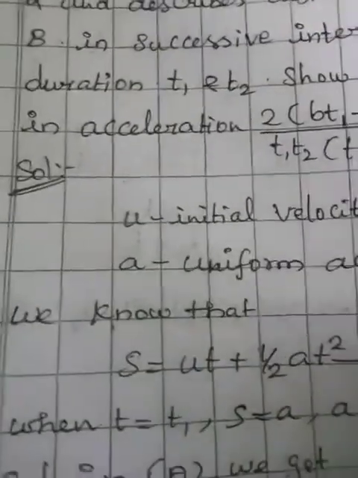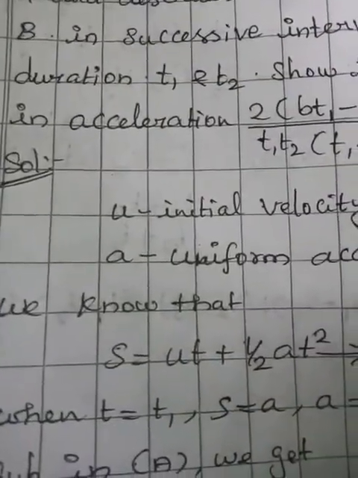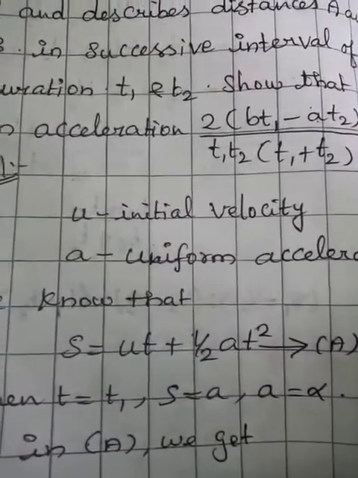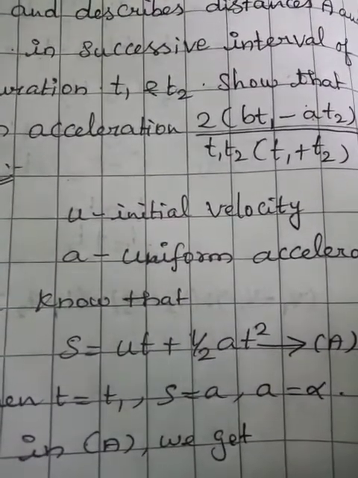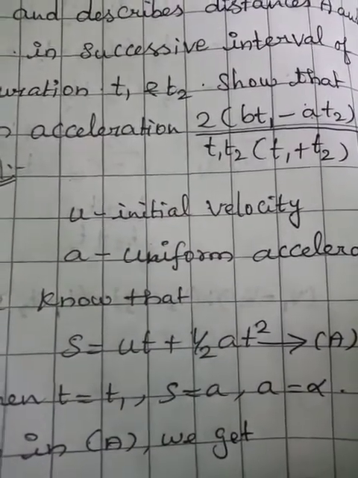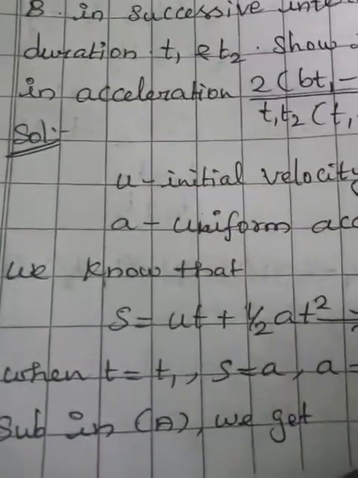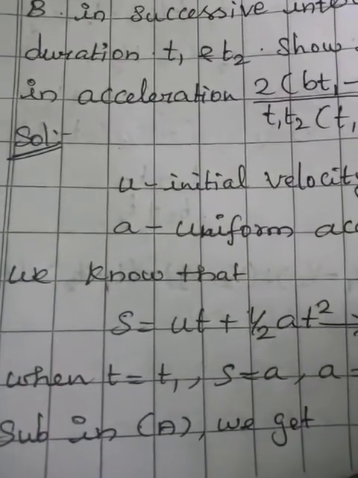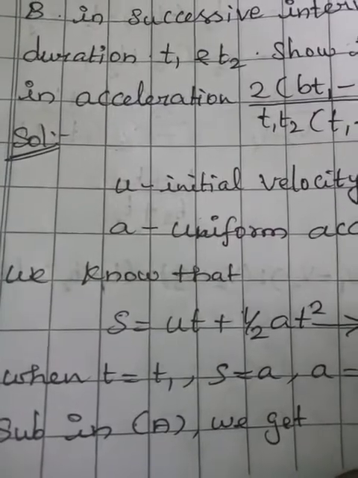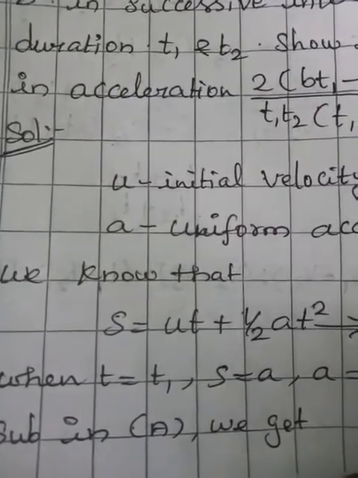When t equals t1, s is equal to a, which is alpha. Substitute in equation number a, we get,